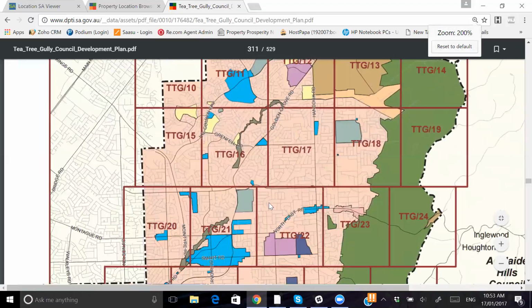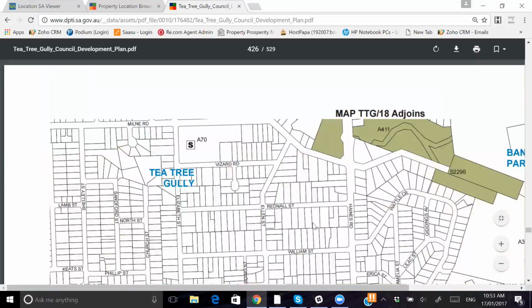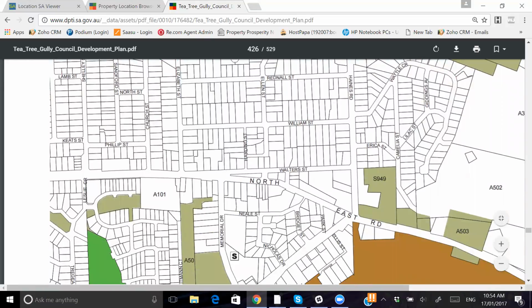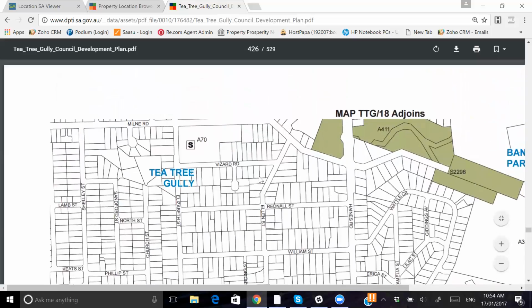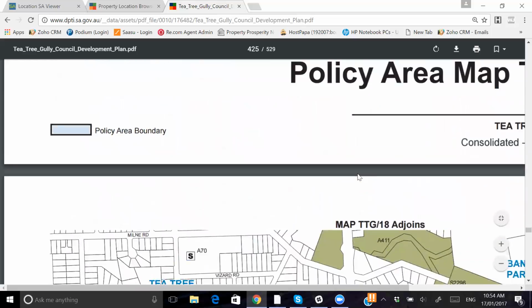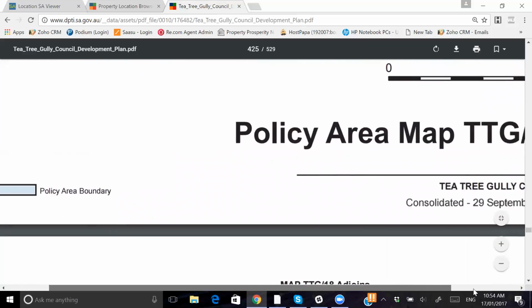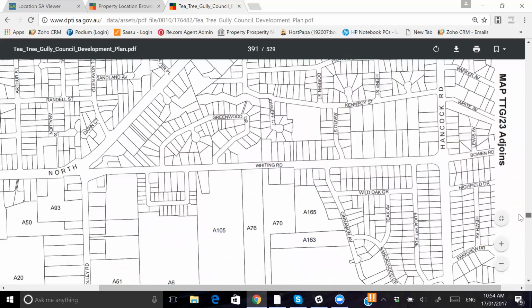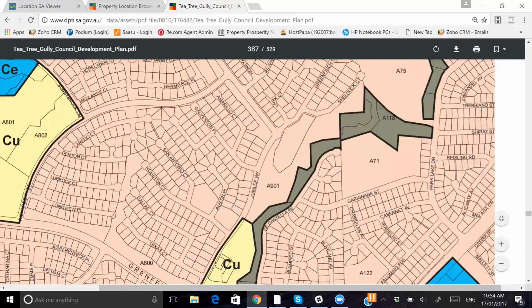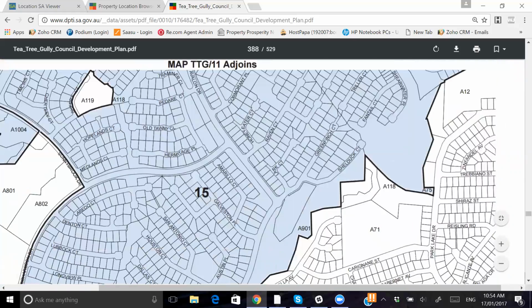is Northeast Road, and then we know we come all the way up to the top here, and this is basically, you know, you don't know this, but I know that that's in that area there, and I'm trying to find Northeast Road, Haynes Road, Elizabeth Street, Milne Road. It's actually a little bit further up, TG18. Joins TG18. TG22, so we go up a little bit more to 18, 16,